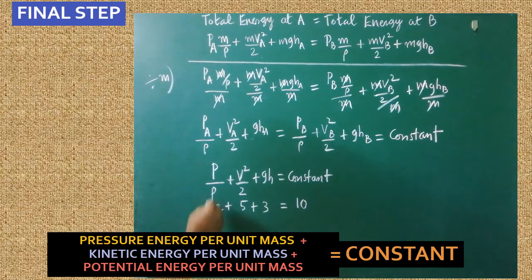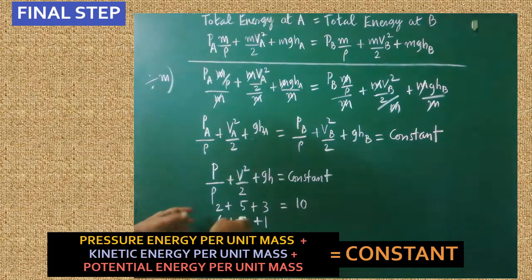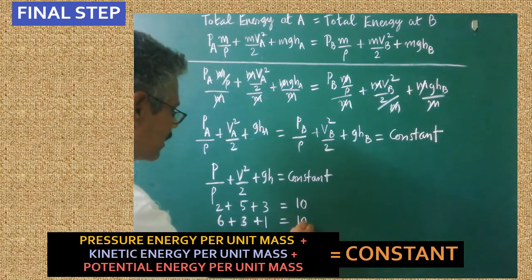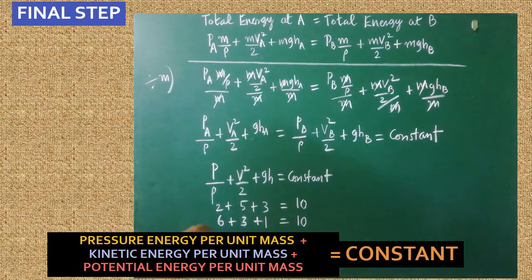a constant. For example, if I am increasing any one of the factors here, for example, if it is increased to 6, then this one can be taken as 1. Are you clear? 6 plus 1 is equal to 7. The remaining thing is 3. So here what happens? Look at that. Though some changes are occurring within the numbers, again the sum will be equal to a constant. So any one of the factors may increase or decrease. Finally, ultimately the sum will be a constant.